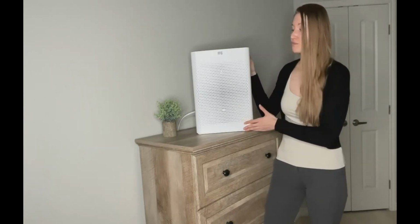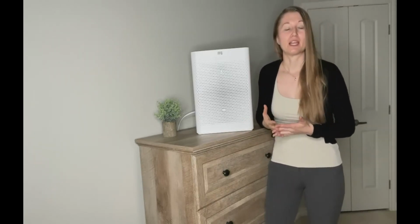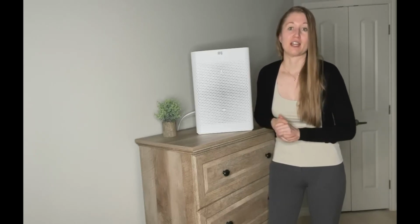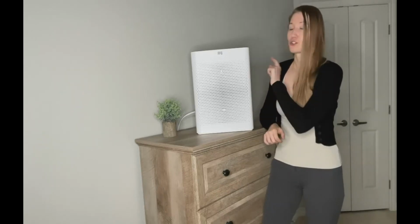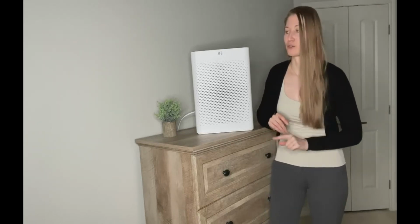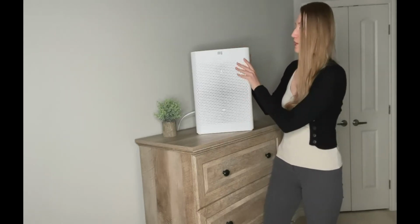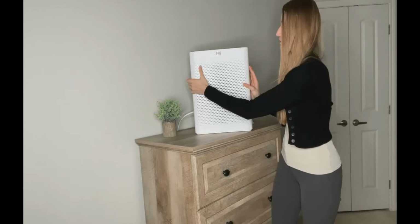And also, it has an air quality indicator. According to PM 2.5, there are 3 different indicators of the air quality, which I will show you a little bit again once I turn it on. But before I do so, I want to show inside that it has a 3-layer filtration. So if we open it on both sides like this,